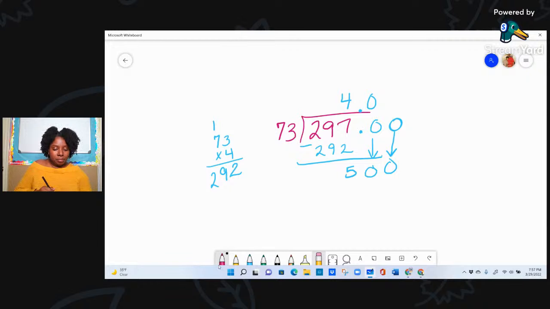I don't know if this is going to be a pretty number. I think it might be ugly like the last time. Let me see. Let's take the shortcut. 297 divided by 73. Oh, yeah, we're going to get a super ugly number, y'all. But yes, you keep adding zeros until you can't add zeros anymore. But if they told us to round to the nearest hundredths place, or the tenths place,